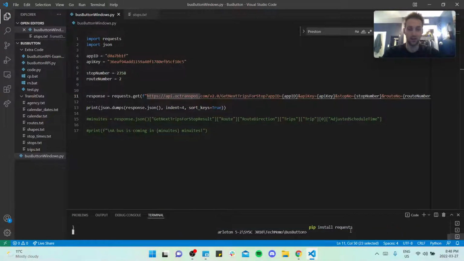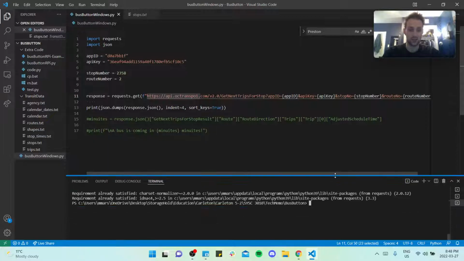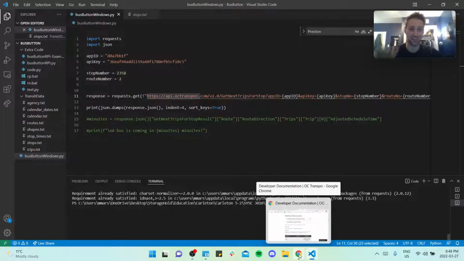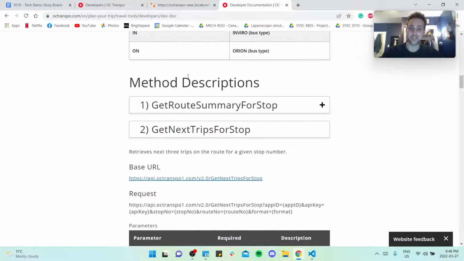Just type that in, and I already have it installed, so everything goes swimmingly, but it should work fine for you as well. And if you have any issues there, that's something you can Google on your own, and I'm sure you'll be able to figure it out. If you can't, leave a comment. Once you've got that done,